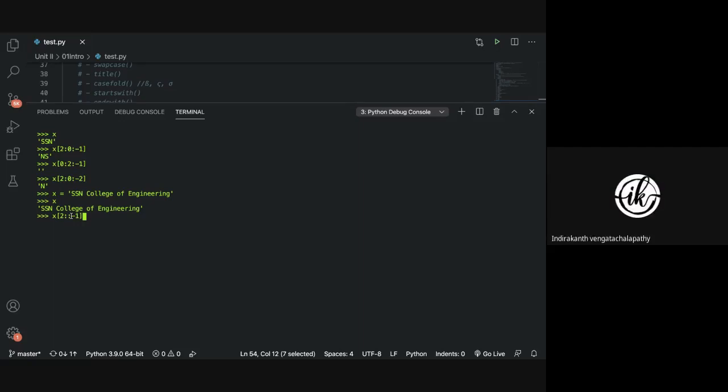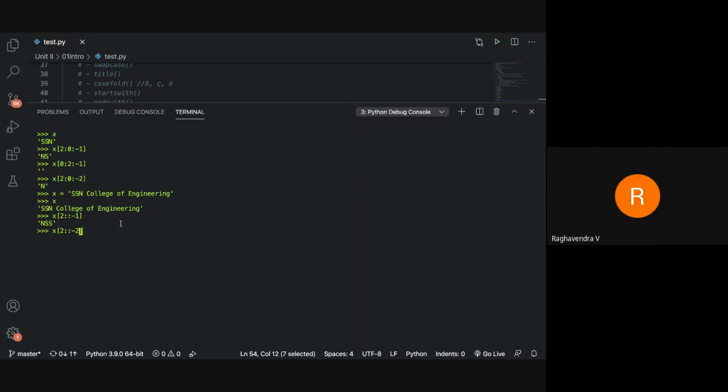So it starts at n, in reverse, -1. Whether it will be NSS or just NS. NSS, right? Now, if you say 2 minus 2,